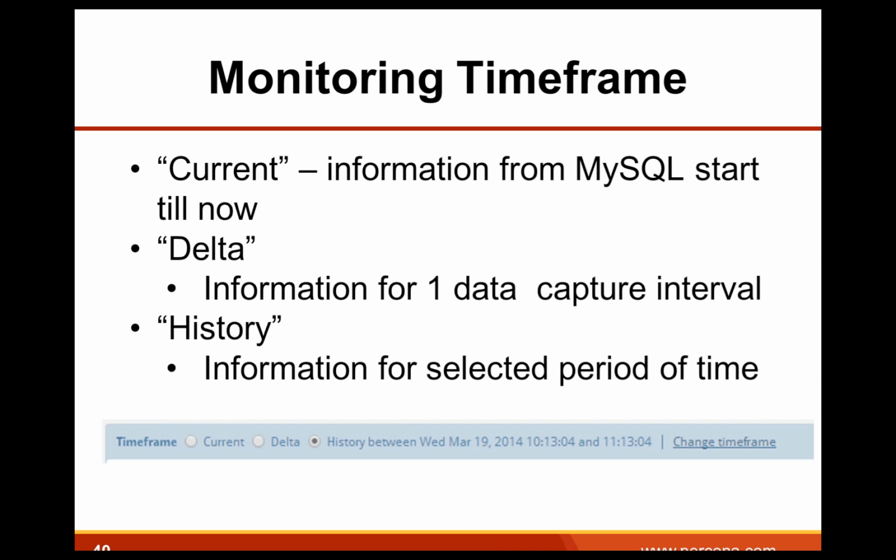Now, if you look at this data, you can see that information in MONyog is available through 3 different time frames. First of all is what is called current. It is the information from MySQL start or FLUSH STATUS, which would report either total values or per second values depending on the configuration. You can also look at the delta, which shows information for a single data capture interval. So if you specify the delta value for a 1 minute data capture interval, you'll see the changes to values for the last minute. And then there is also the most powerful view, which is called history, which allows us to see